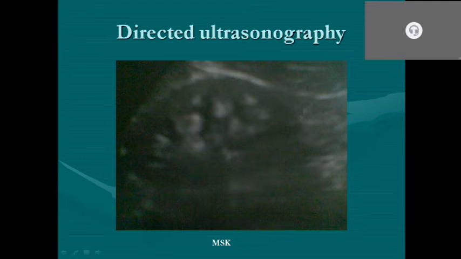Ultrasonography will give you a clear picture of the kidney, as you can see here, the kidney and the pelvicalyceal system. In ultrasonography, in the kidney you can see very well the outer cortex and inner medulla. You can imagine it as an egg, outer white and inner yellowish portion. So outer cortex, inner medulla. If any abnormal stones are there, or cyst or tumor or hydronephrosis, they can be very well seen in ultrasonography.